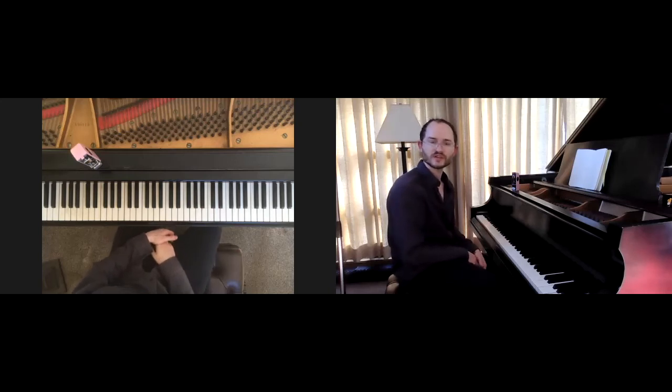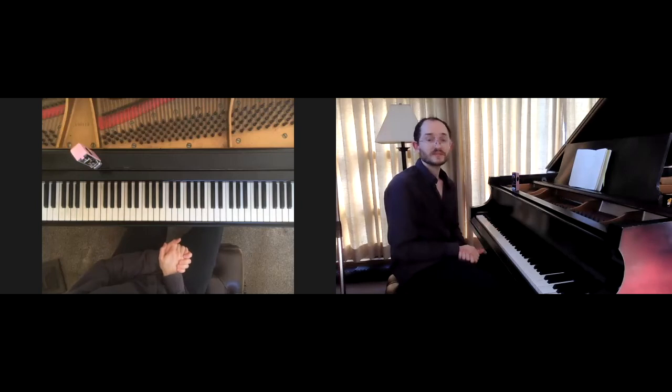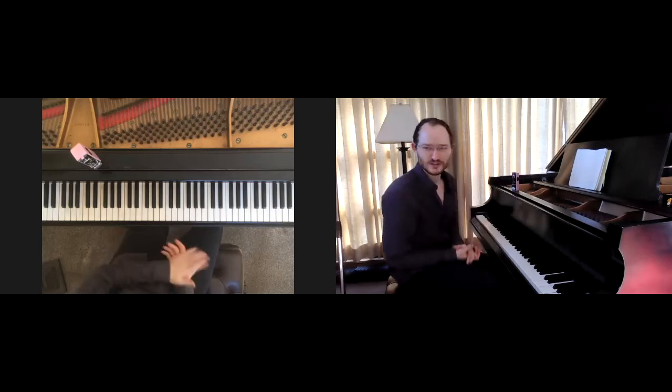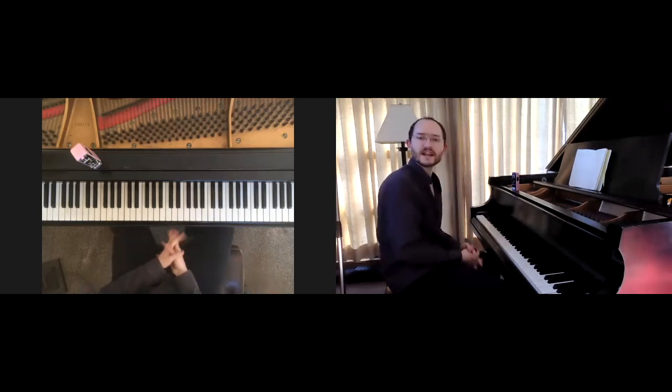So those are some good tricks for getting used to your rootless voicings. That's probably plenty for most of you, probably more than you expected to go over already. But now I'm going to show you some cool tricks that I really liked when I was learning about voicings. I'm going to show you some cool voicings. One sound that I really liked